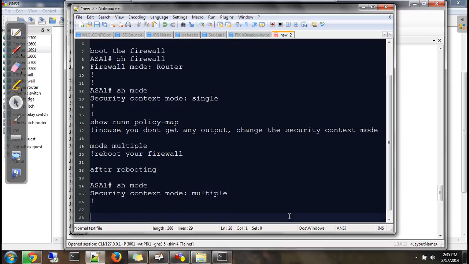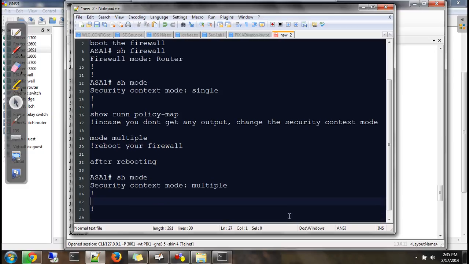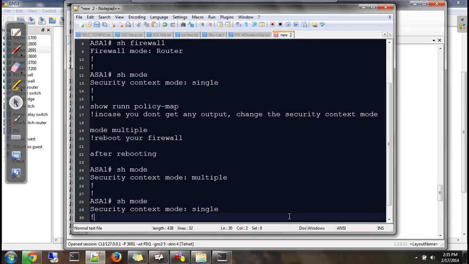Once this is done, change mode by saying mode single.